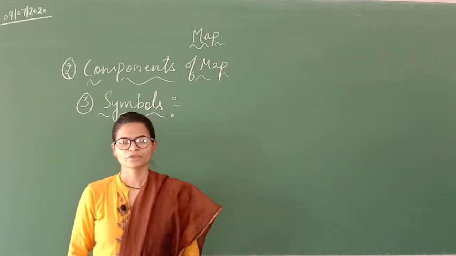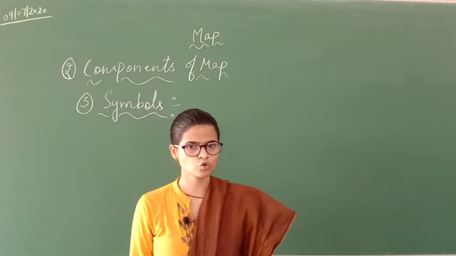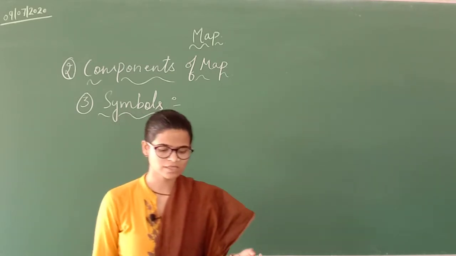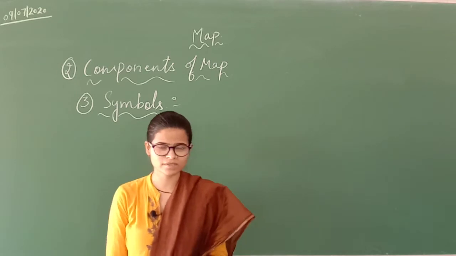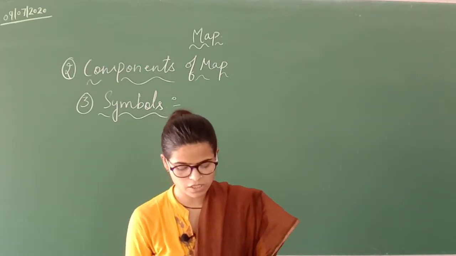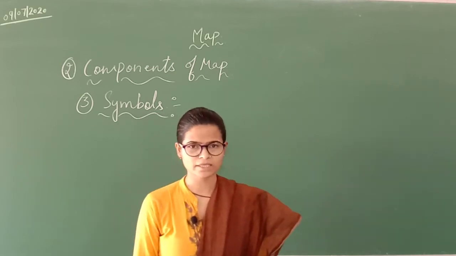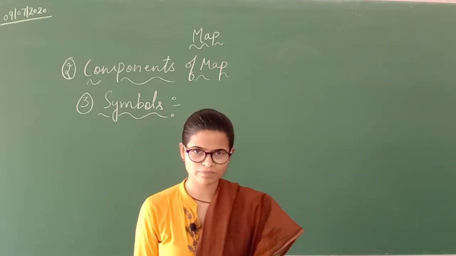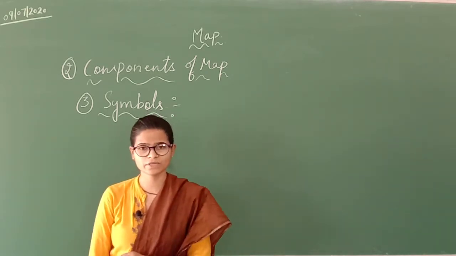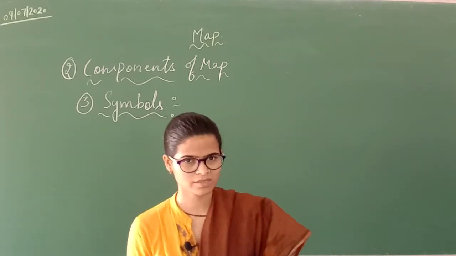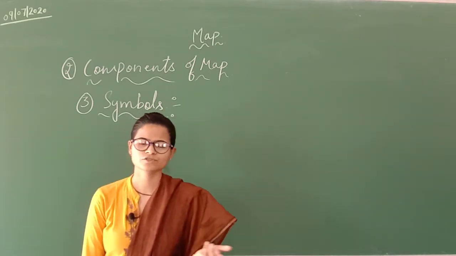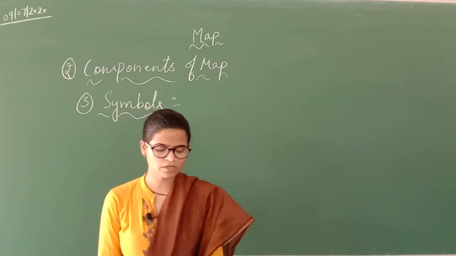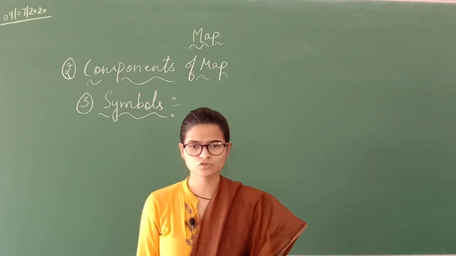So my dear students, we have some of the symbols used in a map. For example, there are railway line symbols, road symbols, and boundary symbols. Boundary symbols mean international, state, and district lines, which are denoted with some symbols. Then we have river symbols, denoted in blue color. Then we have symbols for churches, temples, and mosques. They have given a lot of symbols in your book, so just go through that.